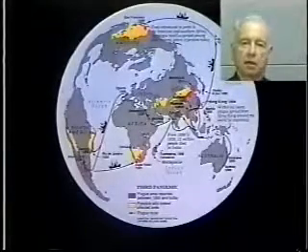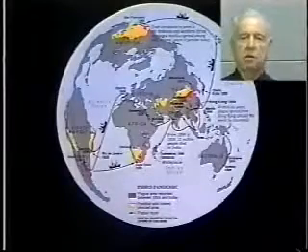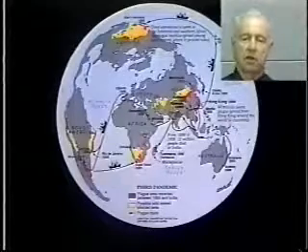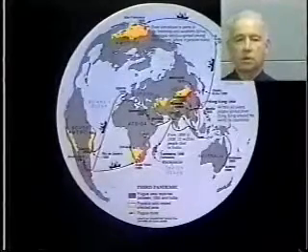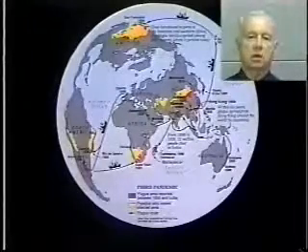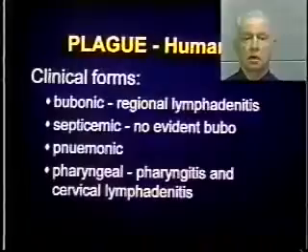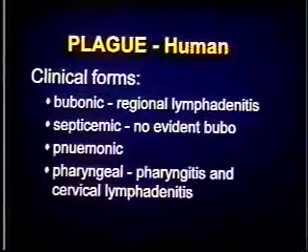aboard these ships, and the organisms being carried by affected rodents, in this case rats, then spread the disease among other rodents of the area, and then the infection of humans is caused by the flea feeding on the affected rodents and resulting in the disease in humans. Again, on the slide, the clinical forms of bubonic, but it can also be in the pulmonary form, the systemic form, if you will.